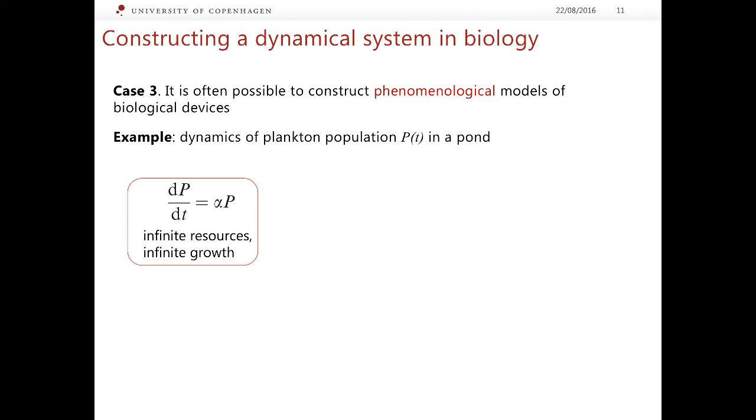This model assumes that the rate at which plankton is being multiplied, is reproducing, is roughly proportional to the current size of this population. Basically, the more plankton we have now, the faster it will be reproducing. This model might be quite reasonable only if we assume that there are infinite resources which can maintain the growth of plankton. Suppose for a second that this is true,